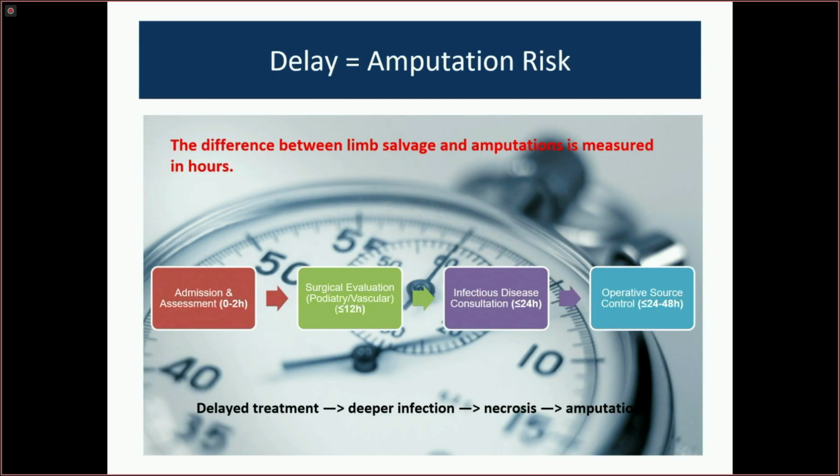Infection drives 3 points: tissue destruction, systemic illness, and the need for surgical intervention. Delays allow the infection to advance faster than we actually intervene. What matters most is not what we do, but when we do it. Key intervals that we would look at are admission to consult, as well as admission to surgical intervention. Every delay allows the infection to deepen and spread. And remember, time is tissue.